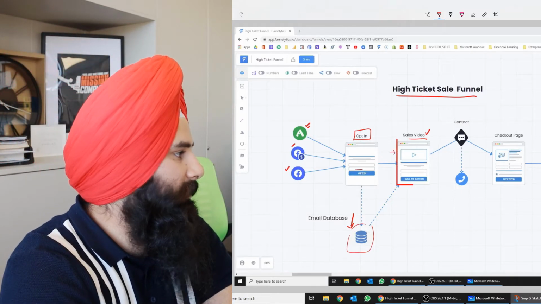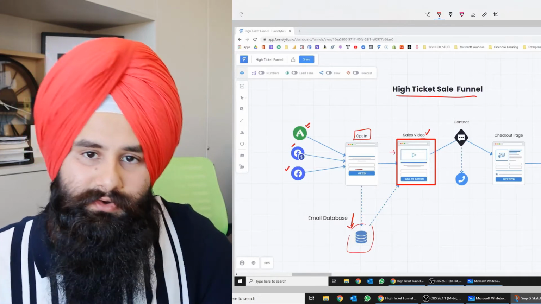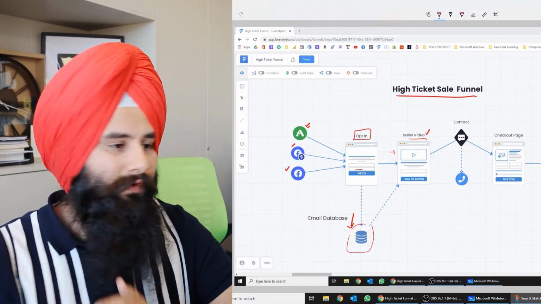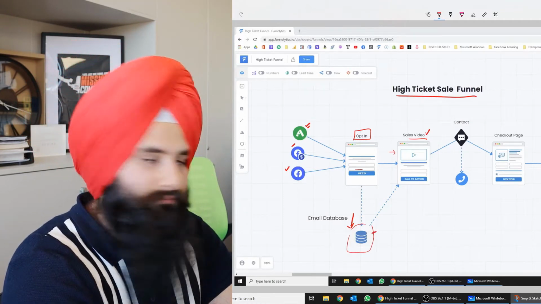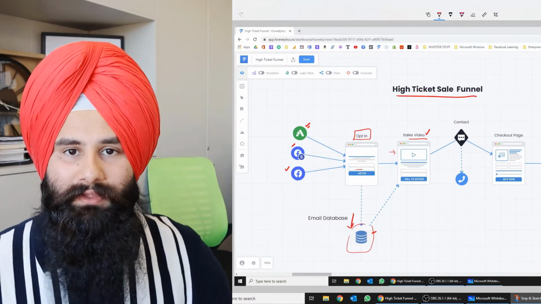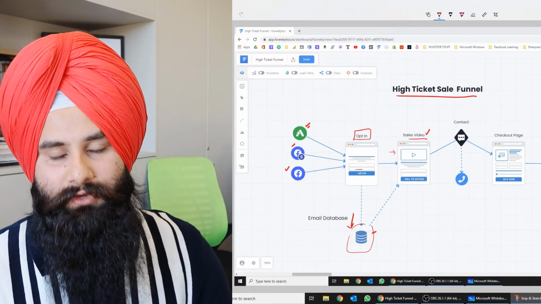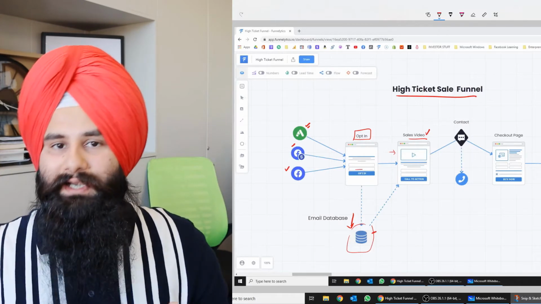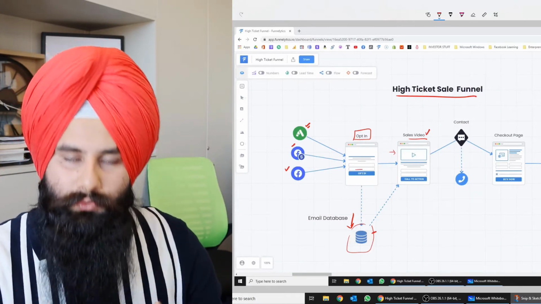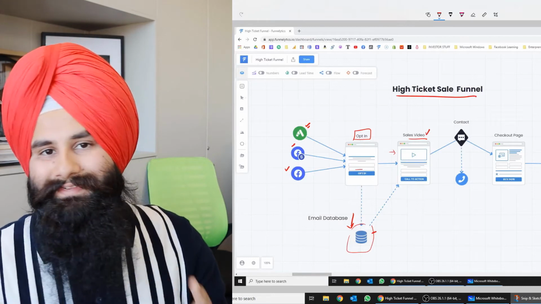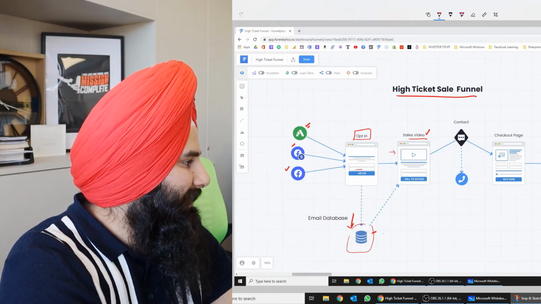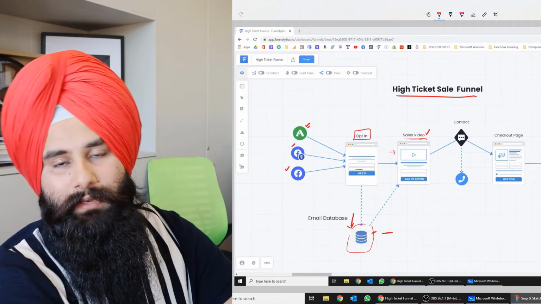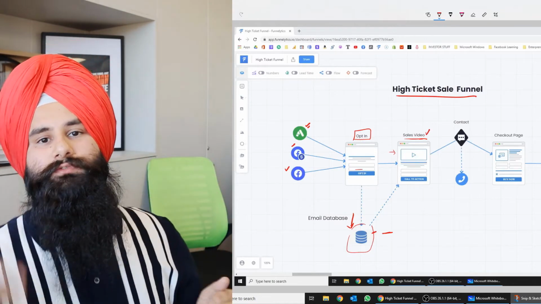Once the visitor comes here, some visitors might not be interested at that time because they are not ready to spend more than $200 on your product, but so far you've done well. You have their email. Now that email helps us build belief with that visitor. So you will send some emails on a regular basis, after 2 days, 3 days, 4 days. You will create a belief pattern here, and then you will redirect them to the sales page again.